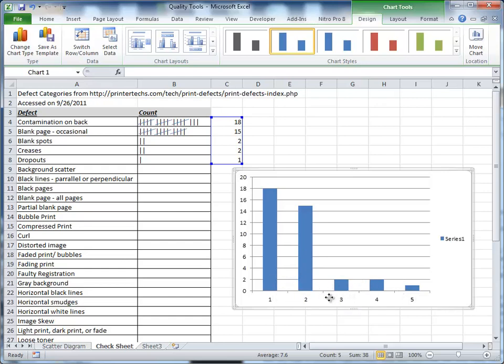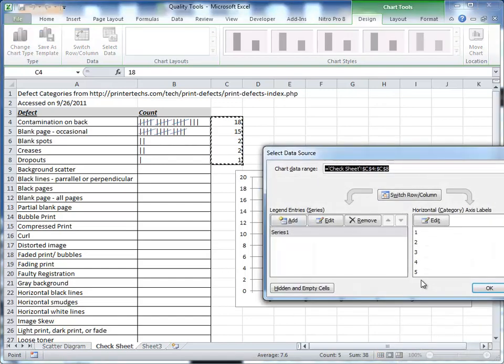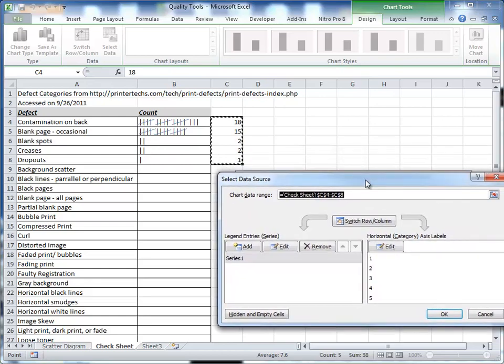At this point, we need to change the labels on the x-axis, and so I'm going to click on that. There we go. And so I highlighted it. I right-click. I go to Select Data. I get this screen up. This is one that looks on a regular PC. On a Macintosh,